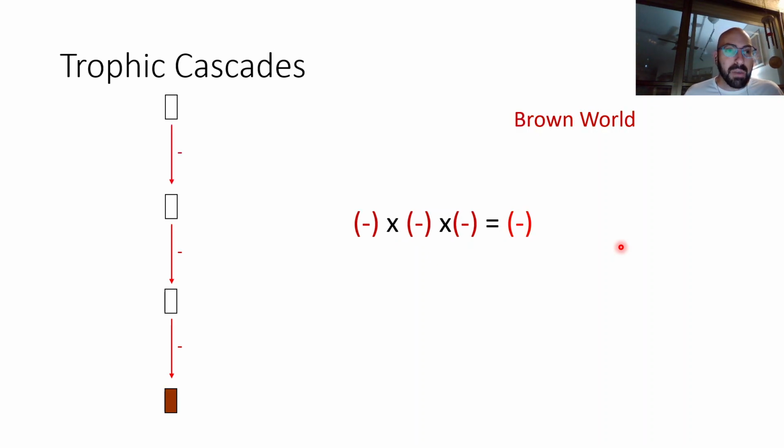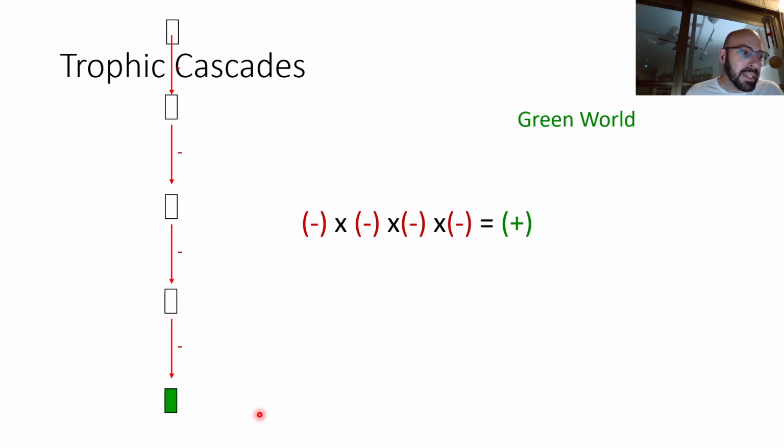However, as long as we have 4 levels, we have 3 interactions, one against the other, and the effects will always be negative. Essentially, we'll end up with a brown world or desert system where plants are selected against. It's less good for the plants in those environments. If I was to think about the effects when I'm looking at the interactions, again, I added here another one to a green world again. The vegetation is favored. But I have to think about the directionality of the effects.